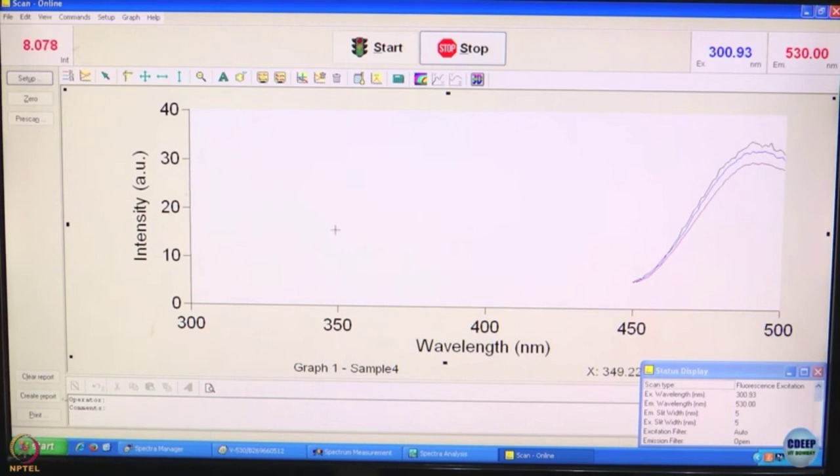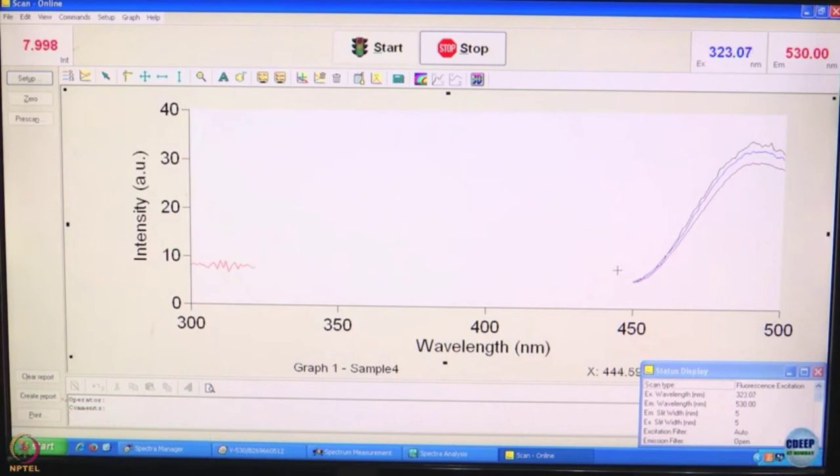Now, we record the excitation scan. You can see the spectrum building up right here. So, the reason why we want to do an excitation scan is this. Remember, what we are doing in this experiment is that we have kept our emission wavelength fixed at some point, and we are changing the excitation wavelength.